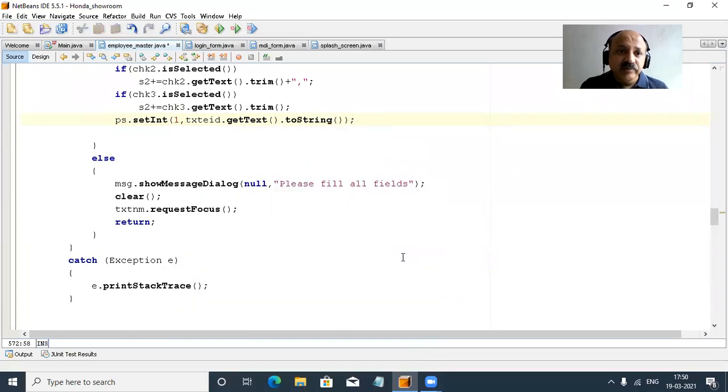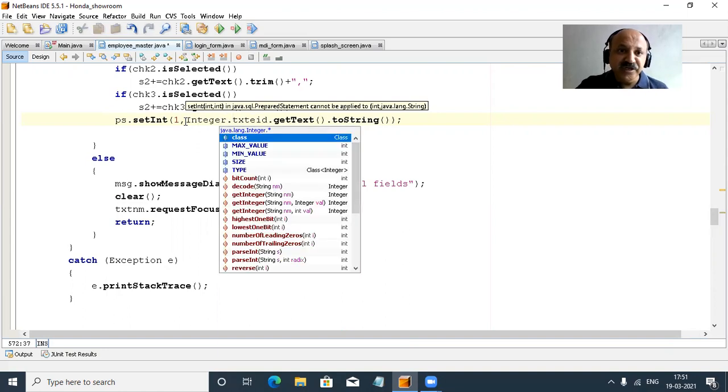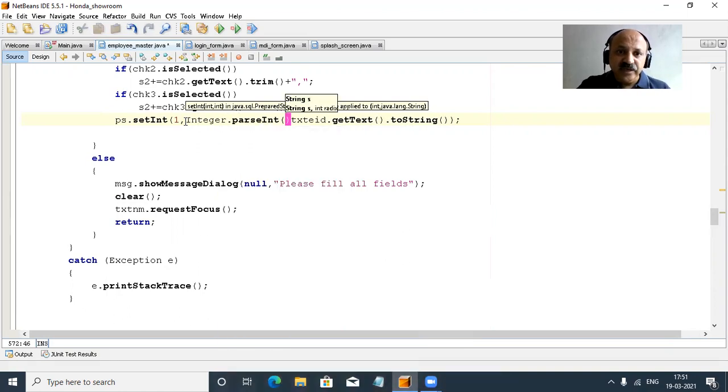But here we can take as a set int, and here that return is a text. So that requires type casting. So how to do type casting in Java? That is a wrapper class, yes, that helps. So how? Yes, let us check directly. We can nest Integer and parseInt, and that parenthesis I complete to here, so that error is gone.